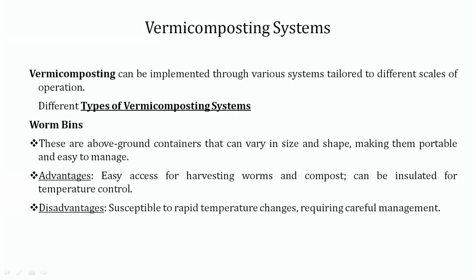Vermicomposting system. Vermicomposting can be implemented through various systems tailored to different scales of operation. Different types of vermicomposting system. The first one is worm bins. These are above ground containers that can vary in size and shape, making them portable and easy to manage,